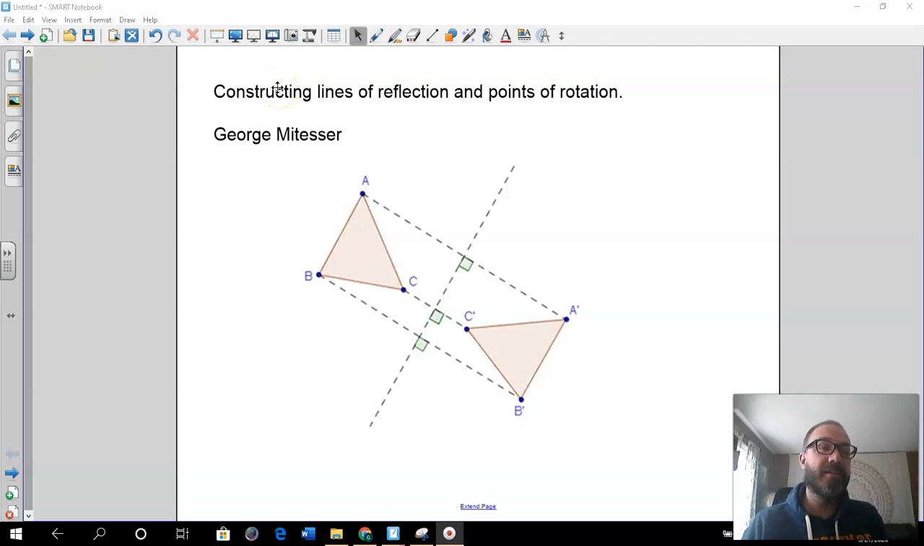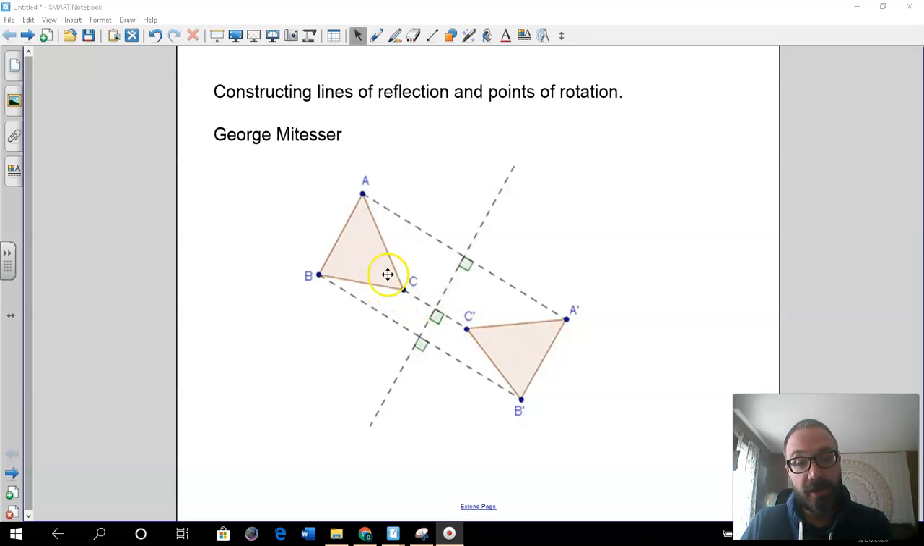Hello, everybody. Today you're going to learn how to construct the line of reflection and a point of rotation. So let's start by looking at these triangles. ABC is the pre-image and A prime, B prime, C prime is the image, and they're reflections of each